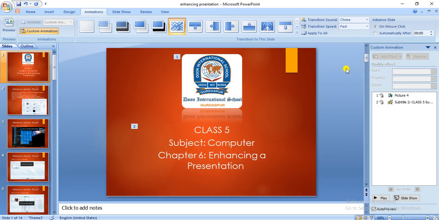Okay. Now next we will see about the duration of the slide. So you can adjust the duration of the slide up, down with the help of an arrow key present over here. So you can click on how the slide will move. Okay. So you can click after any 8 to 10 seconds or 30 seconds, any option you can click on this. So let it be 30 seconds.